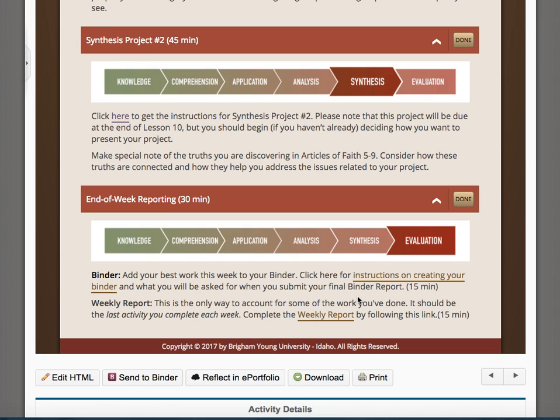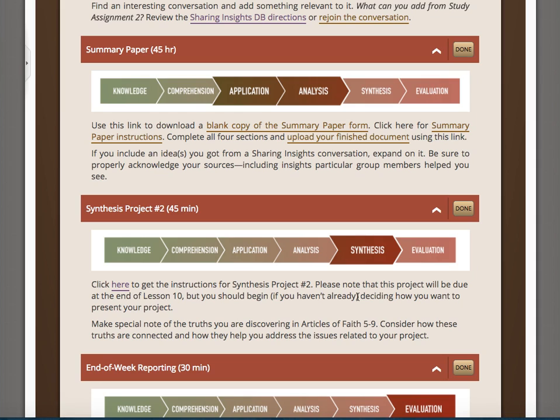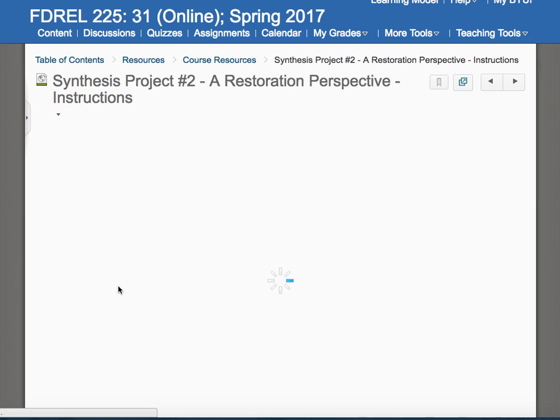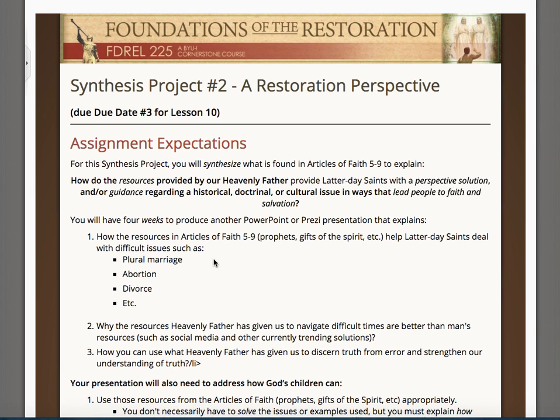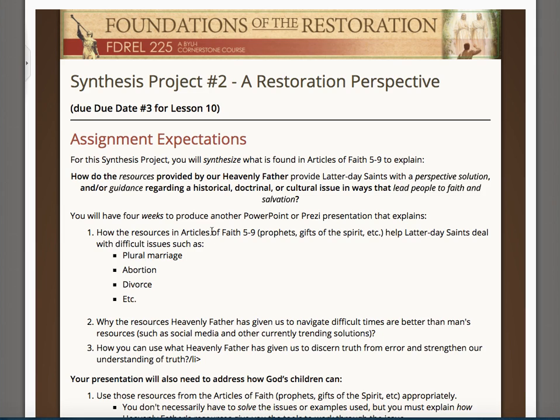So where I want to spend my time here is under the synthesis project. I've gone through them all. They looked pretty good for the first round out. The second one's going to be a little bit different in the sense that you're going to have 4 weeks to produce a PowerPoint. And let's just stick with PowerPoint for the most part. Everything else gets a little jumbled up when you try to open it sometimes in iLearn. I don't know what happens, but it freaks out.